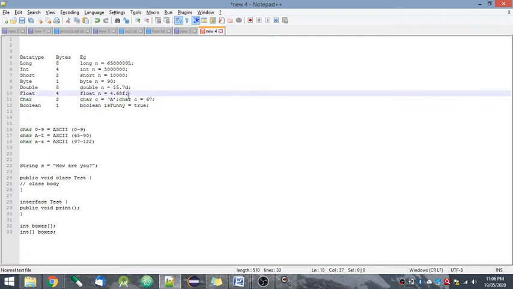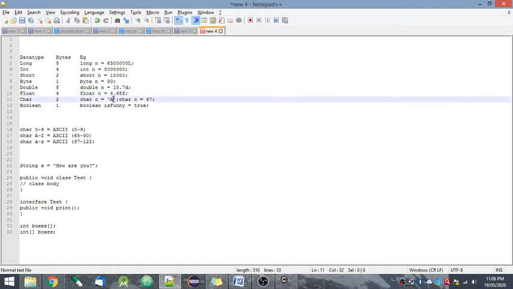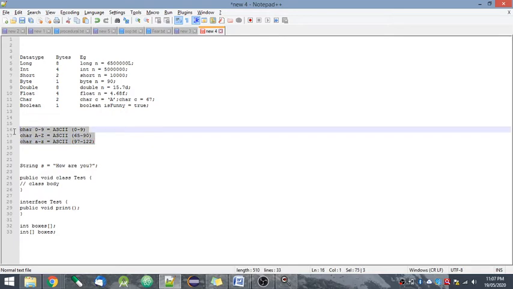Here char is also a data type which stores character values. There are two ways to declare a character value. Either we can directly write the character within single quotes, like I have done here, or you can provide the ASCII code of that character. Here are some common ASCII codes. For the numbers 0 to 9, the ASCII codes are 48 to 57.